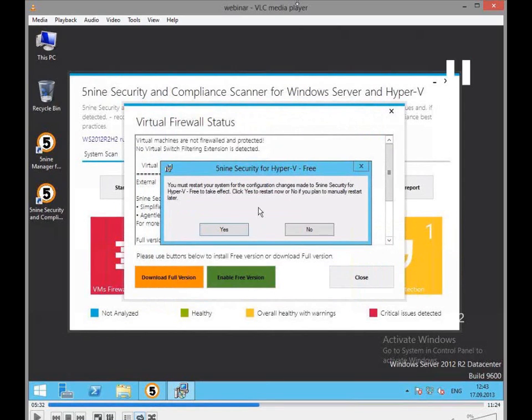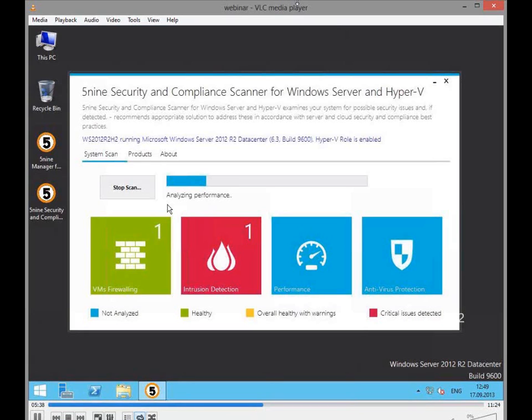It needs to restart the host because we installed the host service and integrated it into Hyper-V. Therefore, we need to reboot the host. Whenever you perform the installation, plan it accordingly because you'll need to perform that. So I've skipped the restart process for you, and after the system starts,